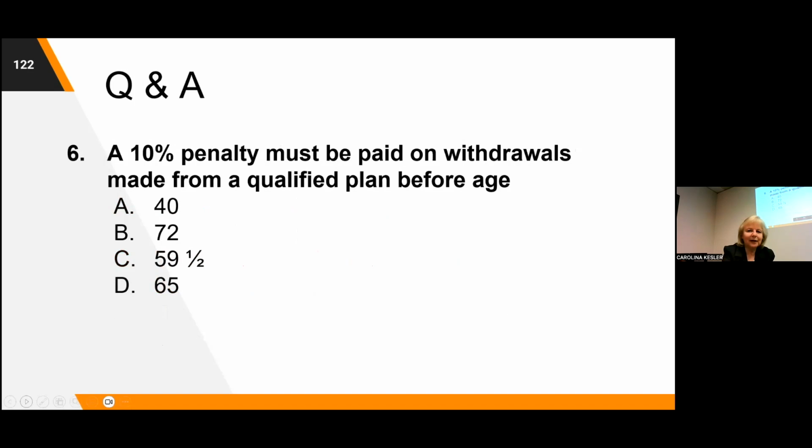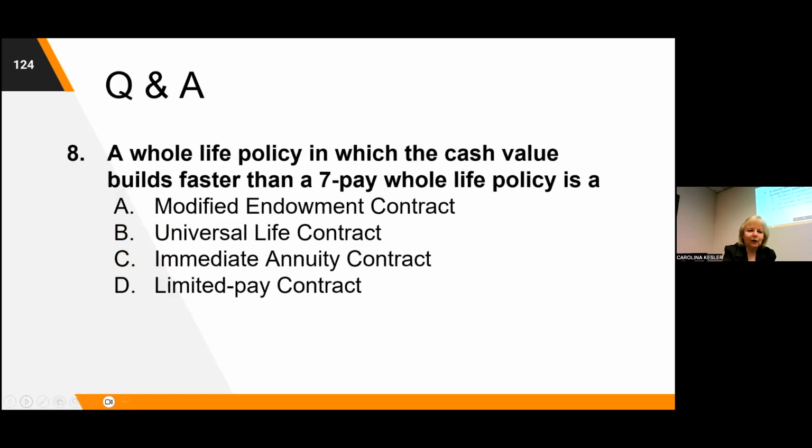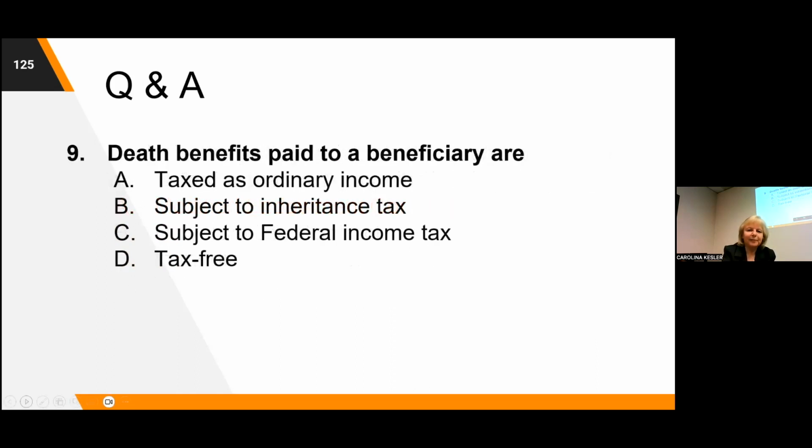10% penalty must be paid on withdrawals prior to what age? 59 and a half. That's correct. Traditional IRAs require distribution of benefits by what age? 72. Whole life policy in which the cash value builds faster than a 7-pay is called a what? Modified endowment contract, or a MEC. Death benefits paid to beneficiary are